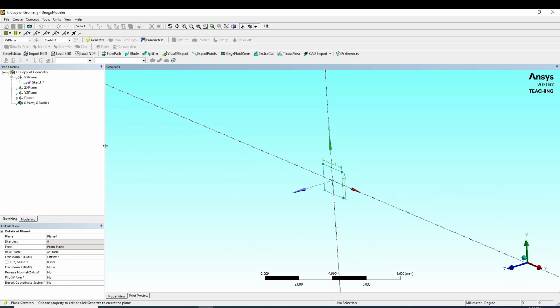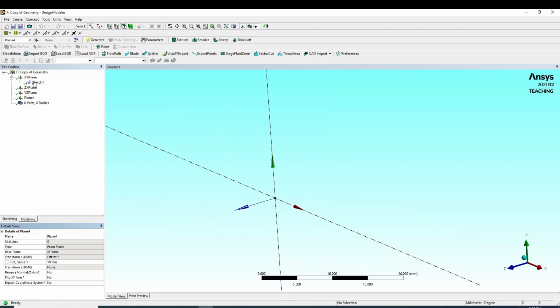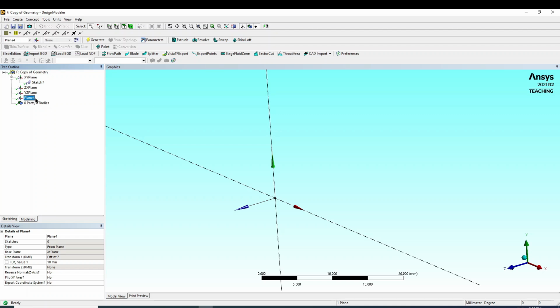Now, previously it was here. Now, after this, still it is. Suppose I am having 10 mm. Can you see here? It is somewhat away. This is the first plane. This is the second plane. Yes. Now, on this new plane, I want to create the geometry. So, I will go for plane 4.